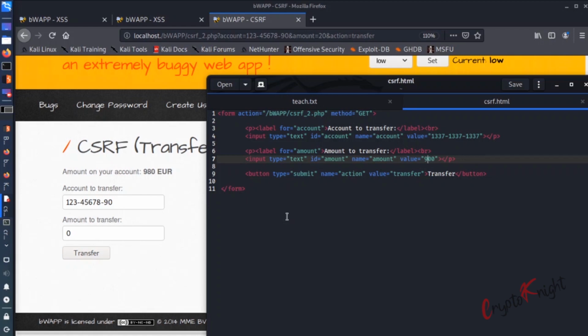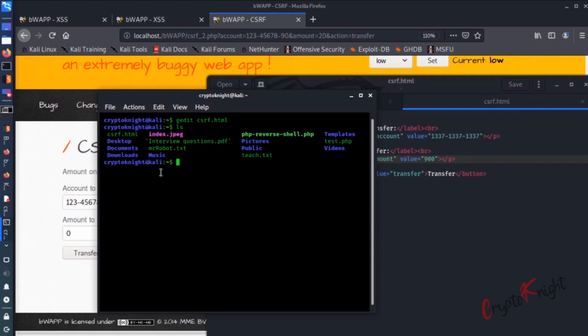So save this csrf.html, and now what we will do is go to the terminal, hit ls. This is just an example, so I will host it locally.